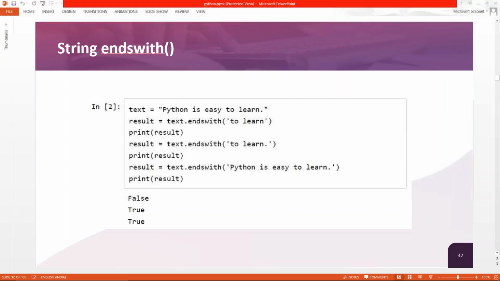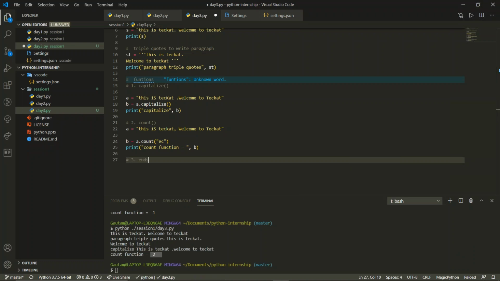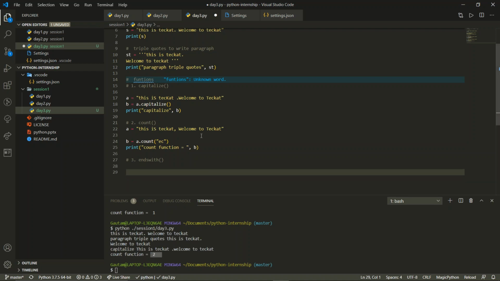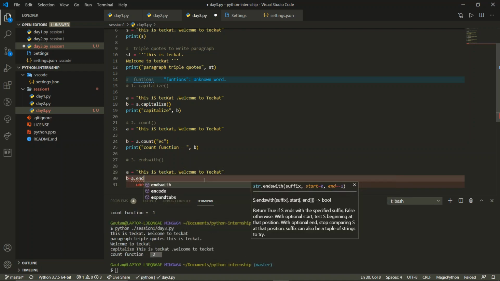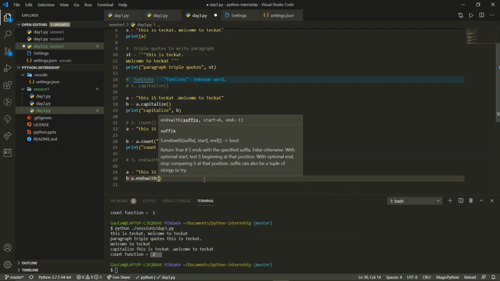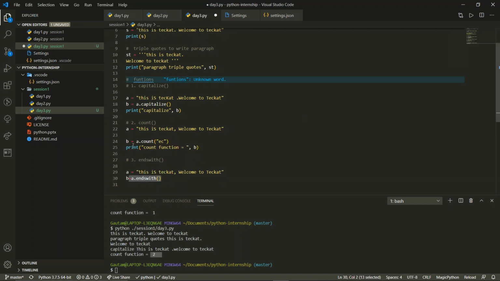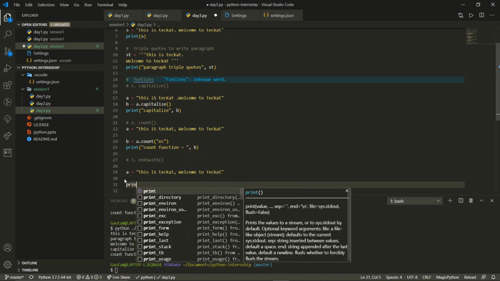Now this is our substring ends with function. In this function, let me copy these lines from here. Let me copy this. And b equals to, let us store b, and a dot ends with, inside the function name, print count is a dot count Teckat. Can we write like this? Yeah, we can write like this. Okay, let us write in this only. Both are almost the same. The functionalities are the same. So if you want to check, you can write directly over here.